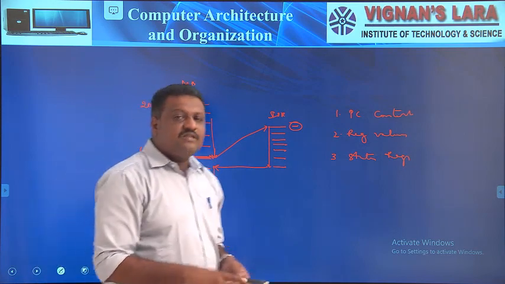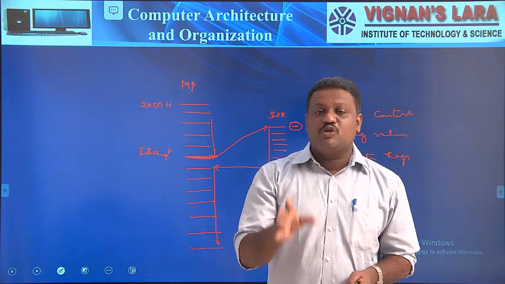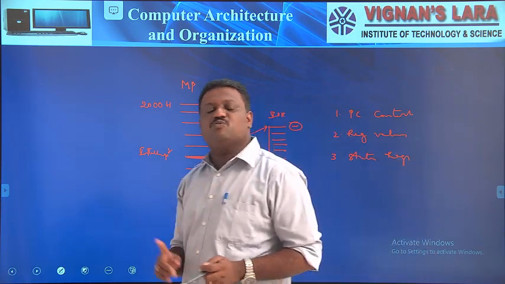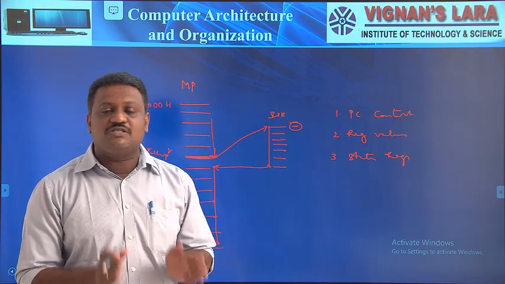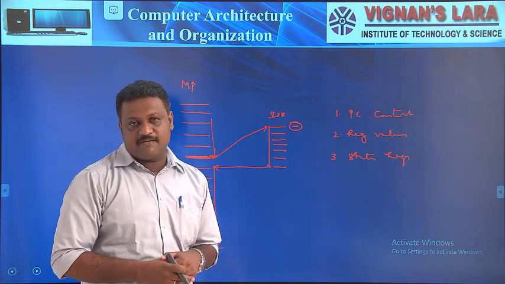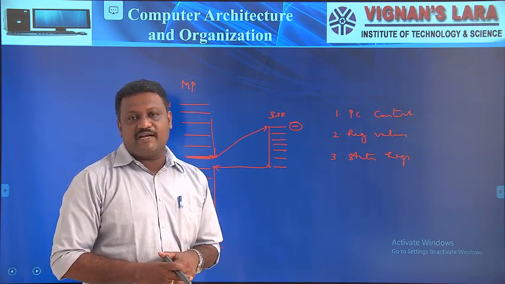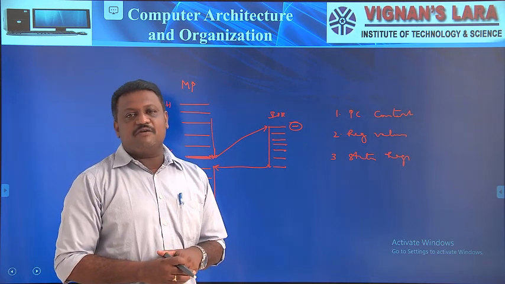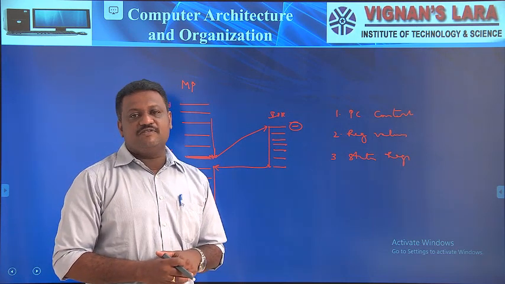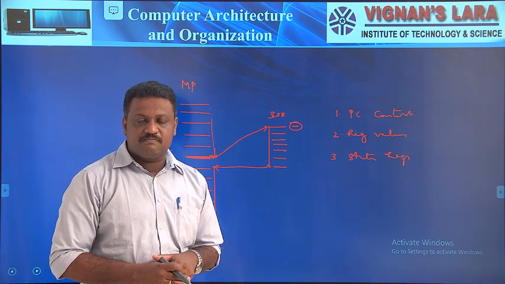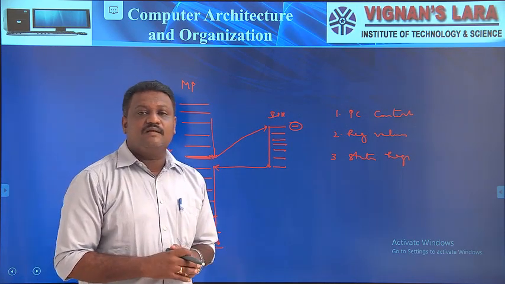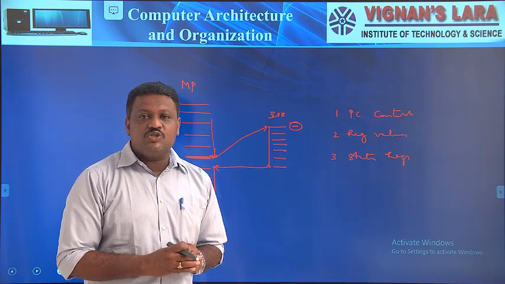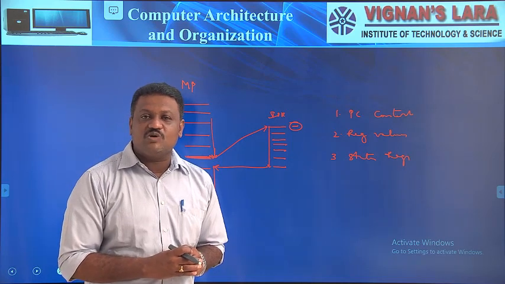Now remember, friends, the stack is very helpful to us to provide services for interrupts as well as to link subprograms with the main programs. On these two occasions, we took the help of a stack. Now I hope you understand the role of stack in linking a subprogram with the main program as well as in providing the services for interrupts. And one more important thing: the stack plays a vital role in the execution of zero operand instructions, or zero address instructions.